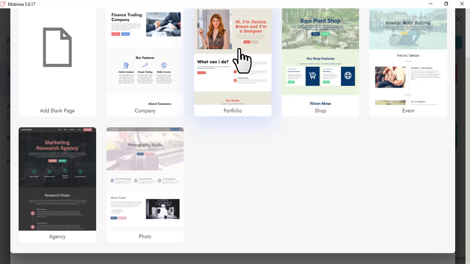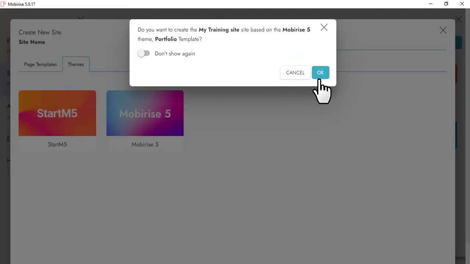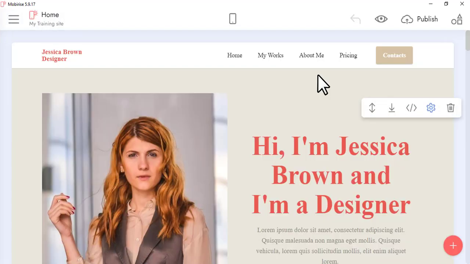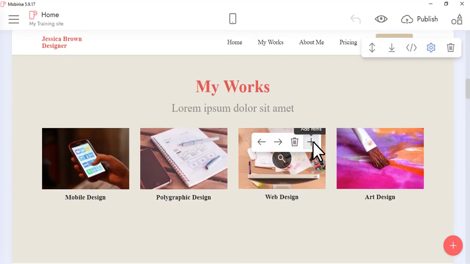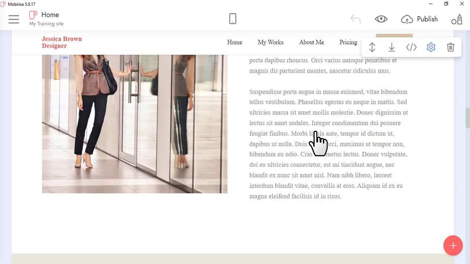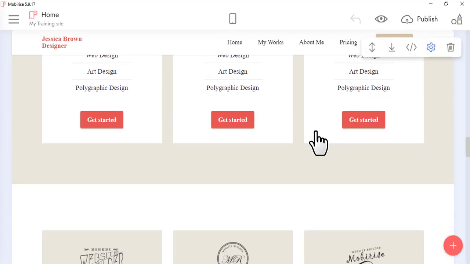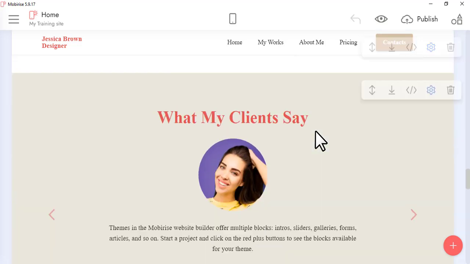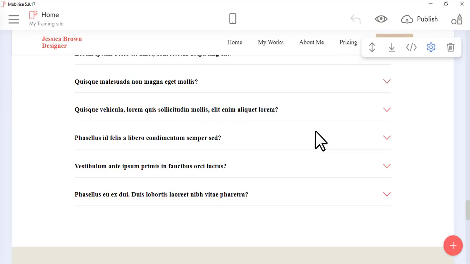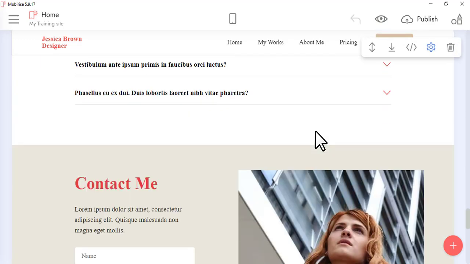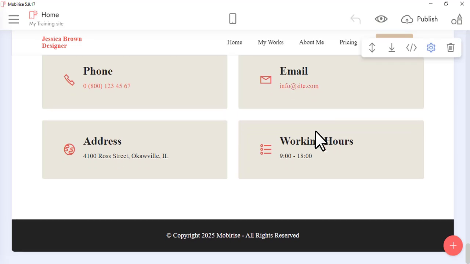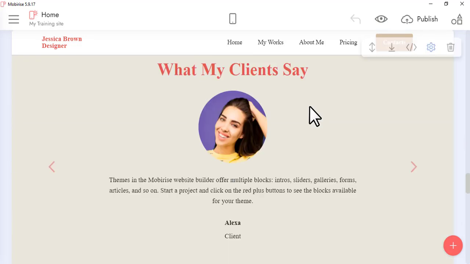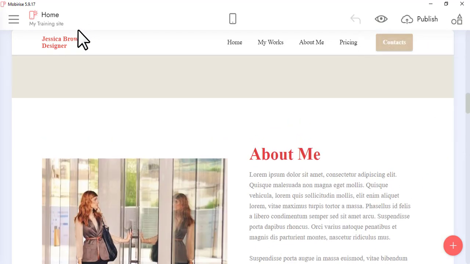So let's click on that. Then we click on OK. So you can see that our website is now created. Just simple like that. So everything is now intact. So it is up to you now to go through block by block, change the kind of text that you don't want, the picture that you don't want, then you publish your site. So you can see that we have the